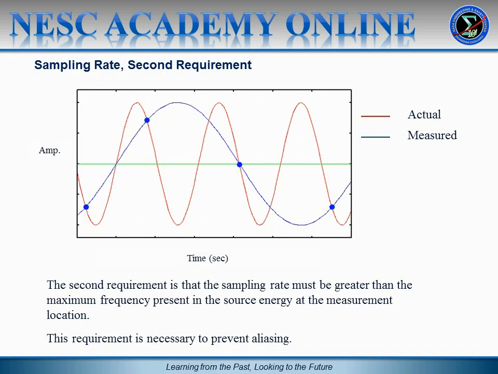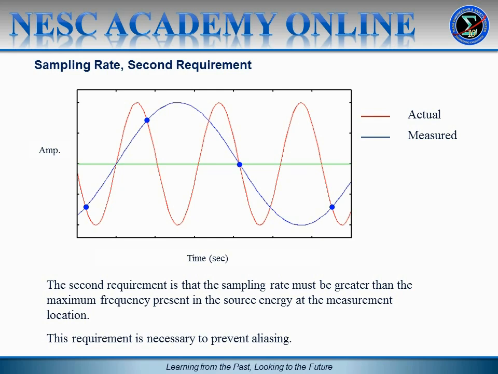Now here's a simple diagram showing how the aliasing error may occur. So in this plot we have a time history. The x-axis is time in seconds, and the y-axis is some amplitude metric. Now the red curve is a sine function, and that is the actual vibration event. Now the data is going to be digitized, but the sample rate will be inadequate in that the sample rate is too low. So imagine that our data acquisition system digitizes the data such that it is represented by the